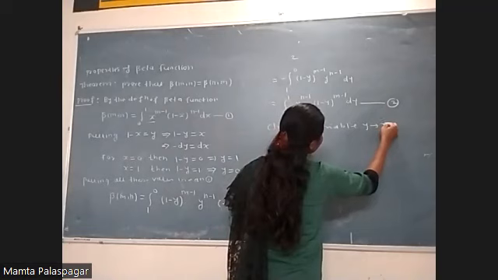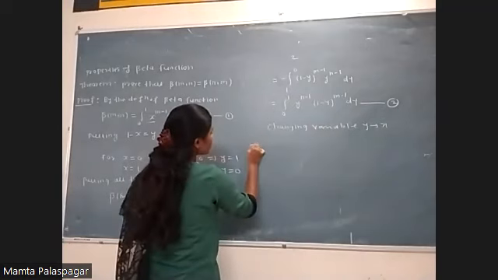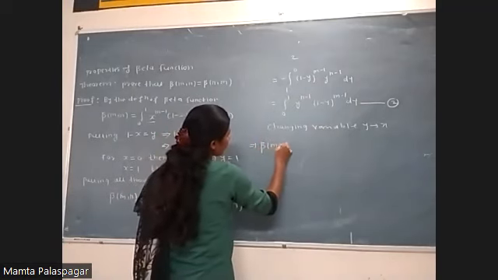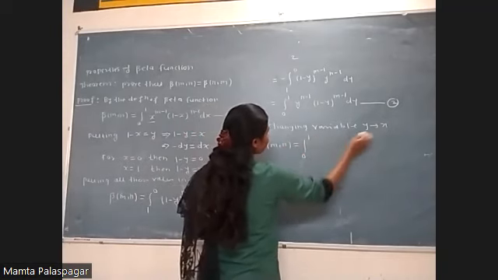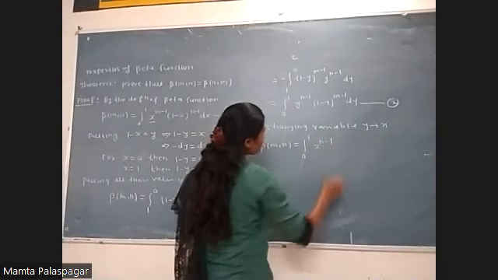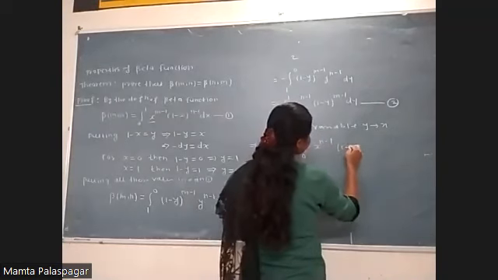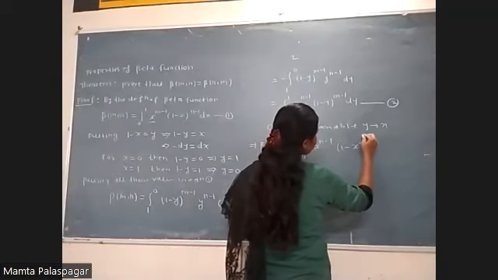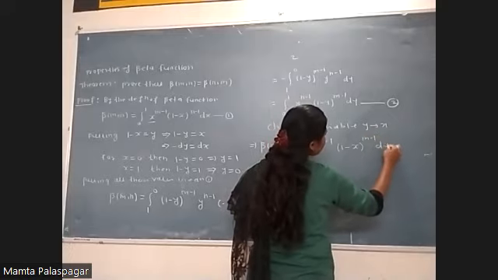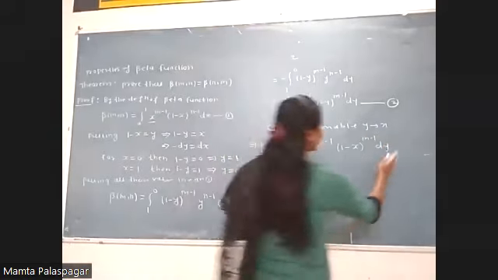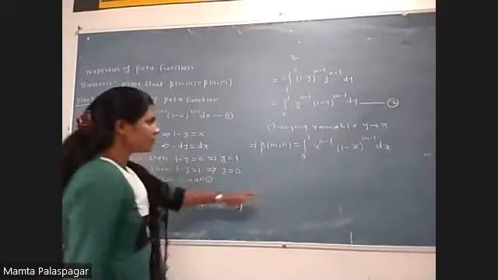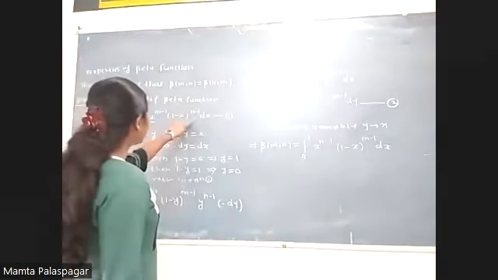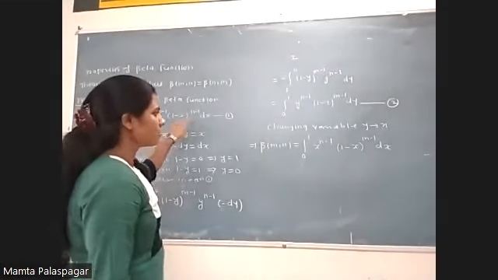y to x, what we get is that beta of m comma n is equals to integration 0 to 1, y replaced as x, its power n minus 1. Again this y replaced as x, 1 minus x to the power m minus 1 into dx. Sorry, again here replace this y in terms of x. Now compare this equation with the given equation number 1.